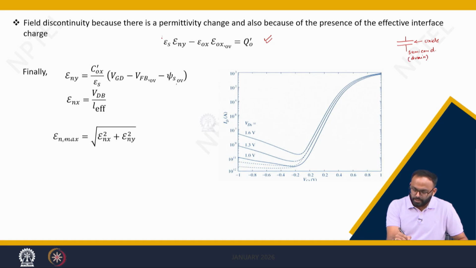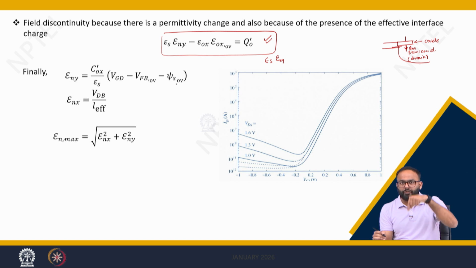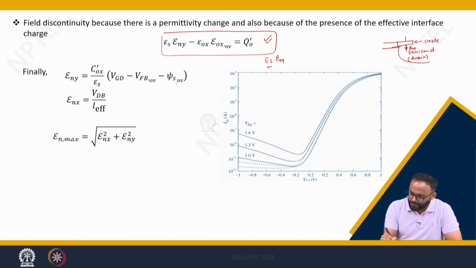So, we need to rewrite this equation as epsilon S, the permittivity of semiconductor, into E n y, the electric field in Y direction. Let us say this is the drain and this is an overlap region. It will help you understand what we are doing: we are calculating this E n y. The effective electric field in the Y direction, or the vertical direction, is nothing but epsilon S into E n y minus epsilon Ox into E Ox